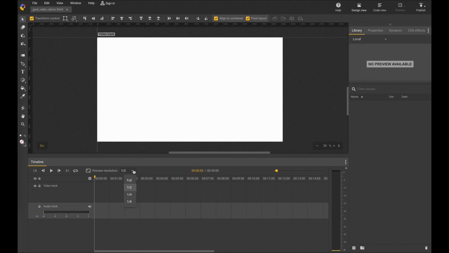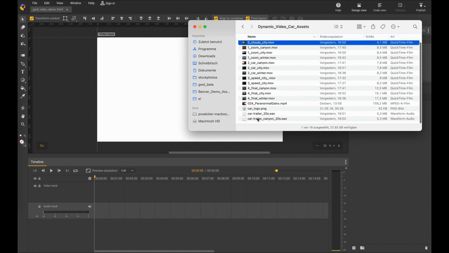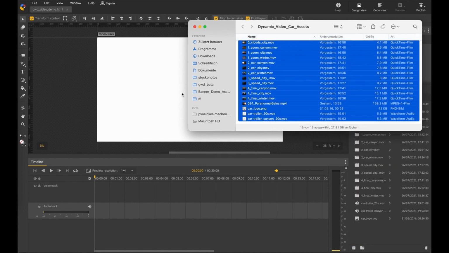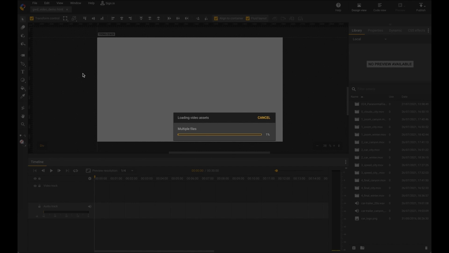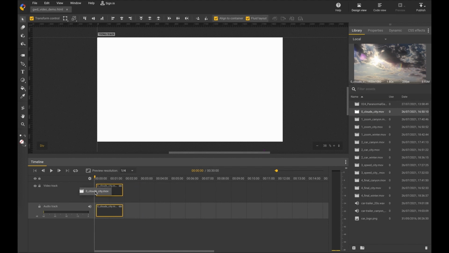Okay, let's change the preview later in case we have some issues with streaming here, but should be fine. So first of all, let's drop all the assets that I have into the library. And now it's taking a few seconds. So in the meantime, Google Web Designer is now reading all the video material and is calibrating and making it a bit smaller for different, let's say, preview options that you have. If you have high intense video layers, many of them, it doesn't use the high resolution. Of course, in the final rendering too. But here, so let's start.